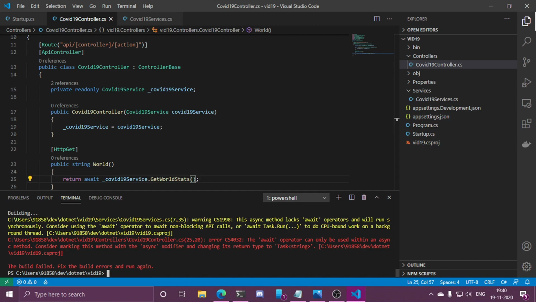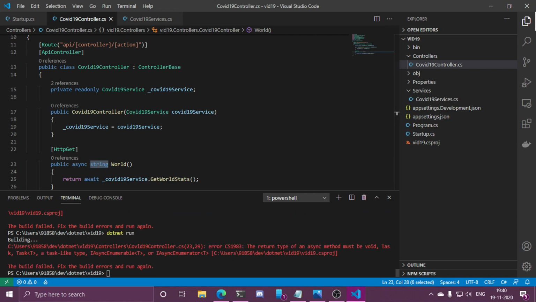It is not working, and we have to mark it async because there is an await inside the body of this action. Now we can see that there is this error. The return type of async method must be void, task, and things like that.